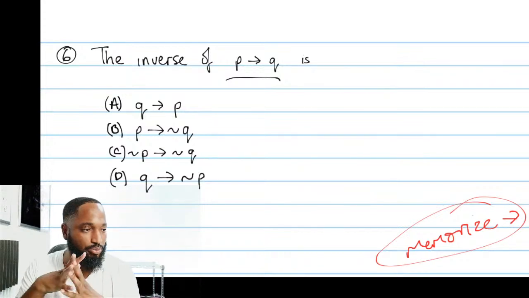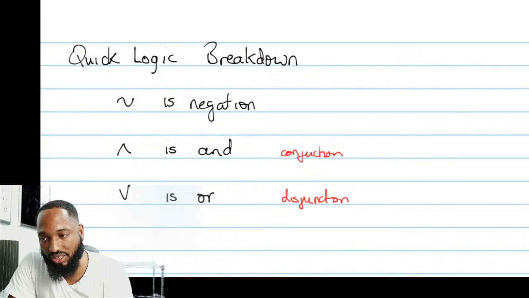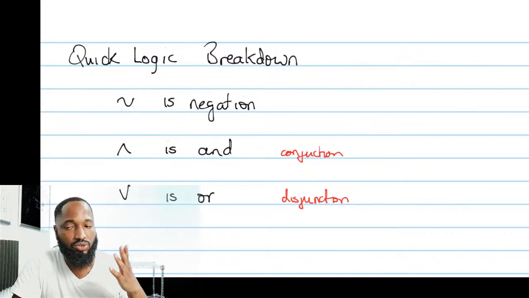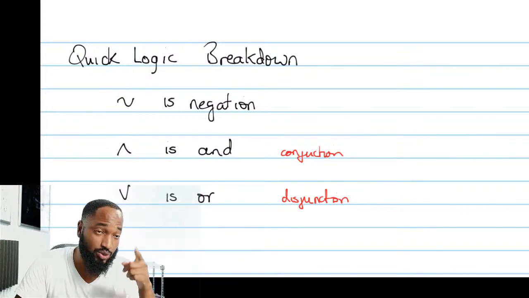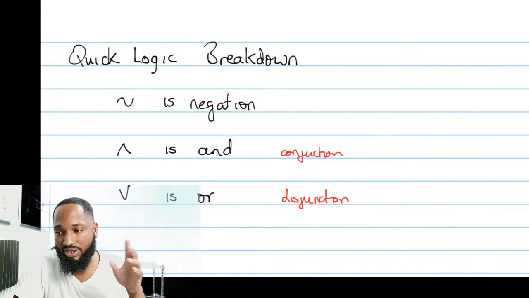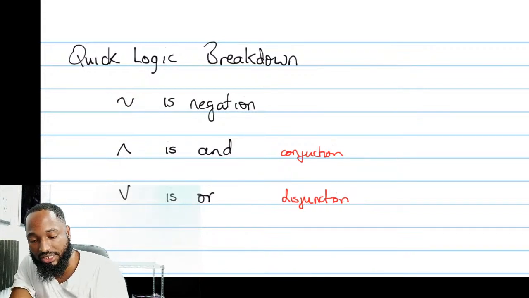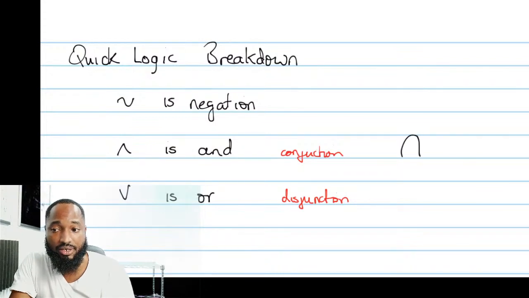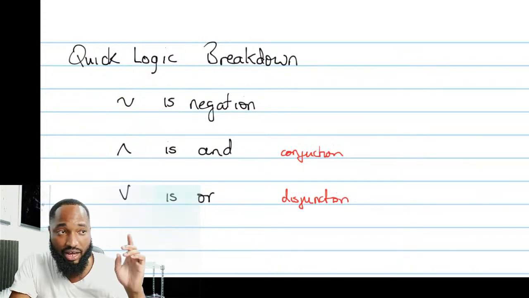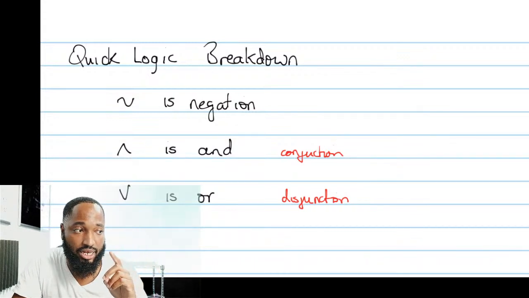Well, let me do the quick logic breakdown now. Everybody know this sign is like not. So if it was true, it turned to false. If it was false, it turned to true. In logic from computers, if it was 1, 0 is 0, not, right? Not gate, whatever. So negation, not. This is the and, similar to and in sets. By the way, you can use sets to solve at least 1 or 2 questions that come in logic. And I'll show you how to do that as well.